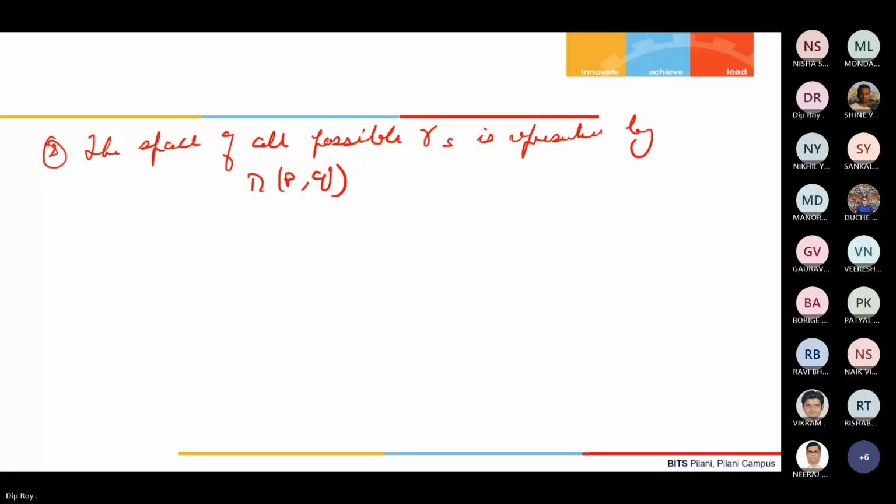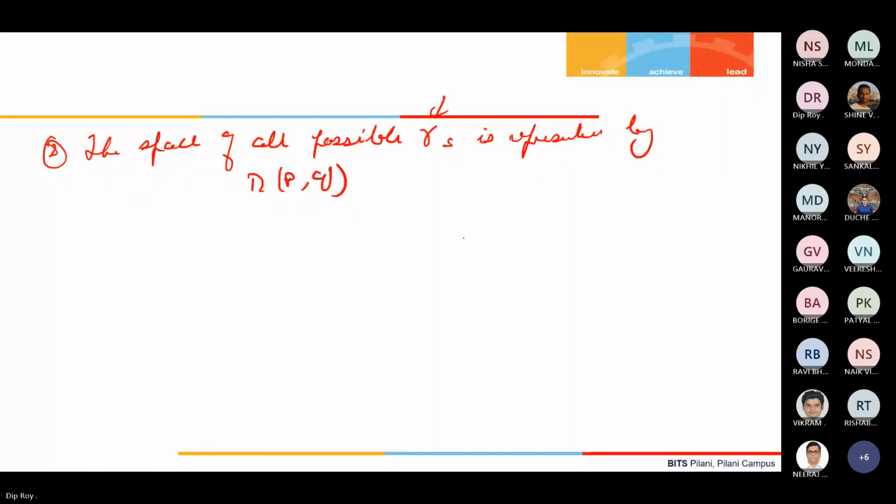Now the question is, this pi of P, Q is essentially the set of all the valid transport plans, which is gamma. So this one is gamma, not rho, gamma. And it sends out exactly P of x to x and delivers exactly Q of y to y.